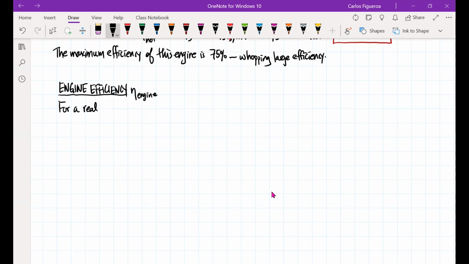That means that it's not a reversible path. For a real engine, I know that the engine efficiency is really 1 minus the cold over hot, which is the same as 1 minus the heating Q31 over Q23,